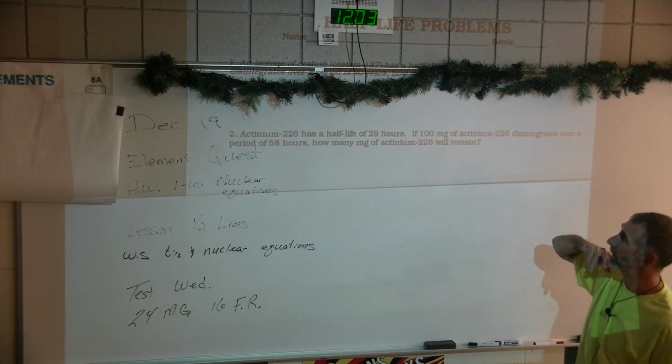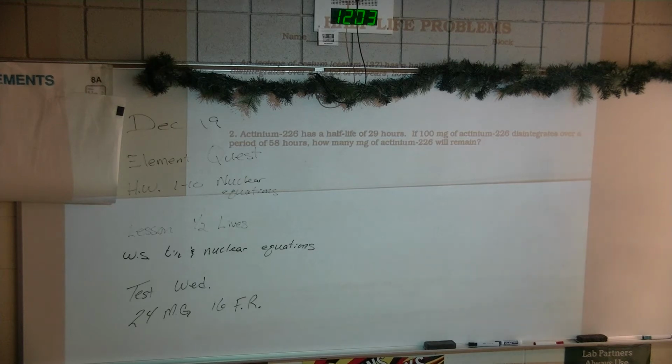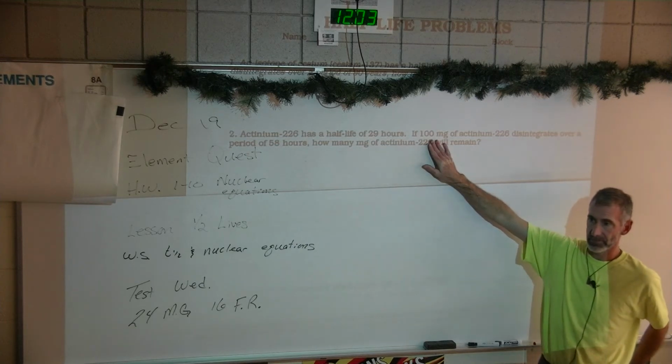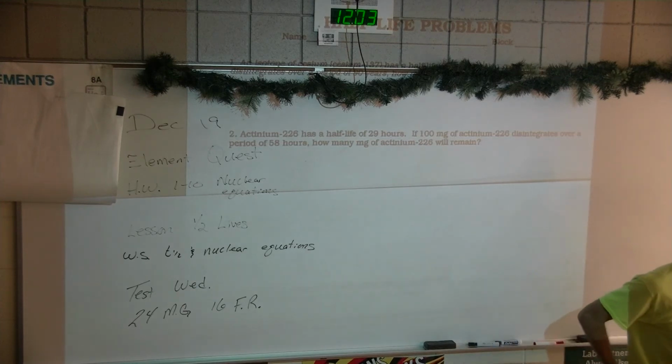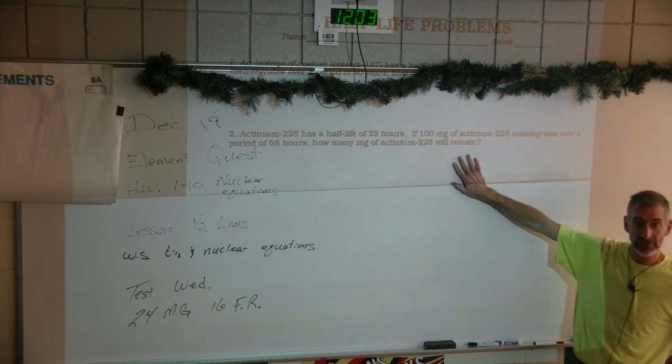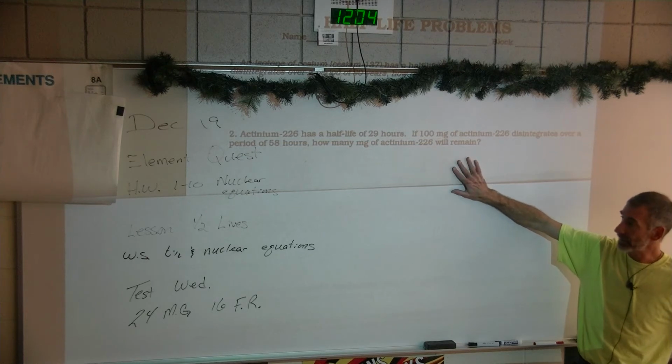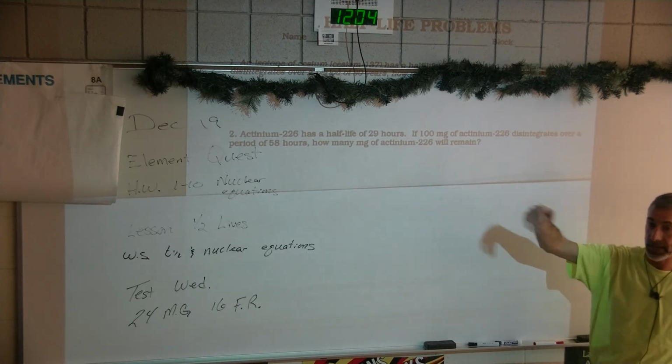Actinium-226 has a half-life of 29 hours. We have 100 milligrams of actinium, so not very much. It's going to disintegrate over a period of 58 hours. How much is left? 58 hours. Yeah, this is 100 milligrams. Again, if you're confident with the half-life problems, that's our last lesson, go ahead and work